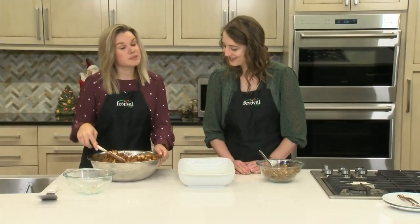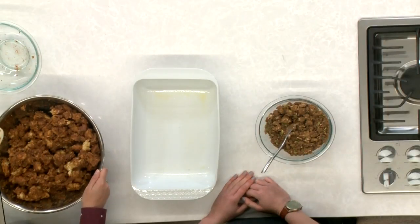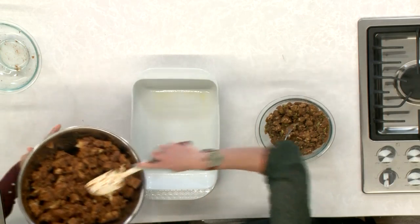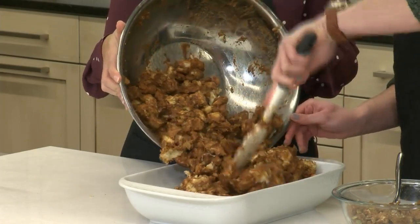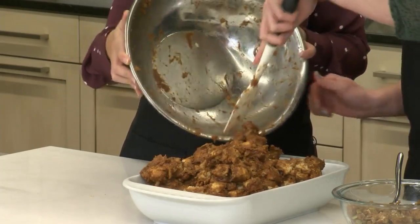All right, my arm is tired. You did a really good job with that. But it is all mixed together, and there will be no sad pieces. Yes. Hand this to you. We'll get this in our pan here. So we're using a 9 by 13. I like this recipe a lot because at the beginning of it, I'm always a doubter. Like, I don't think it's all going to fit in this pan, but it